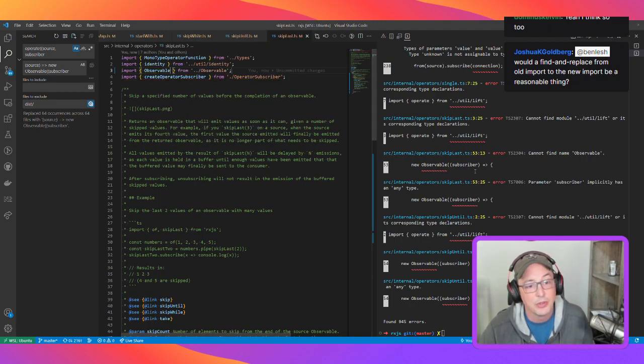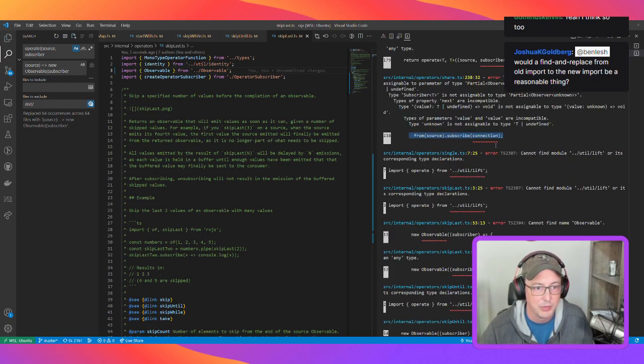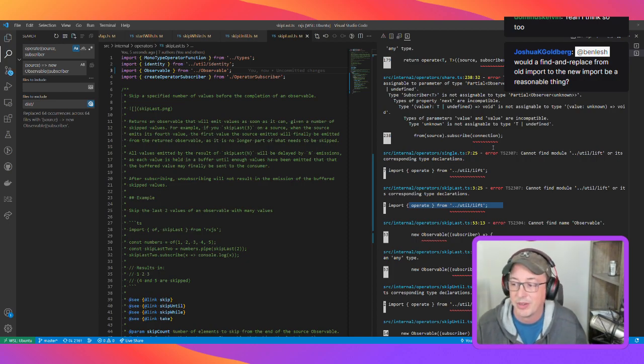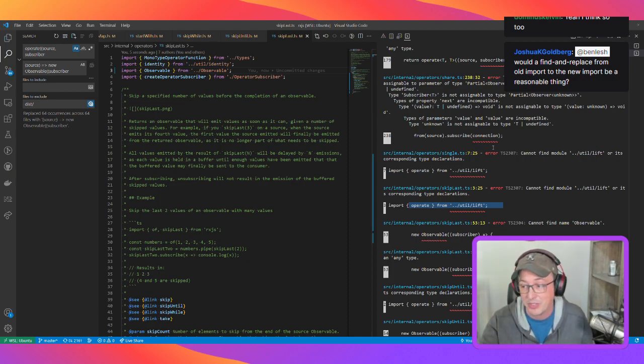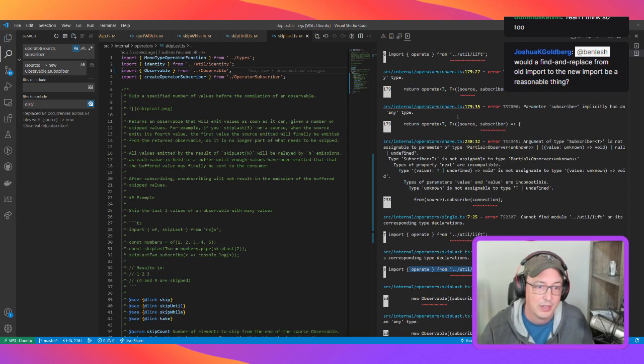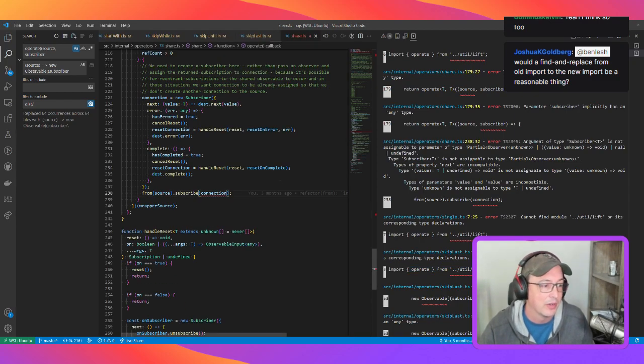And again, I could go through and, like I said, I'm just going to replace all of these with observable imports, but then you end up with almost as many errors the opposite direction, where it's imported observable twice in some files. All right, here, this is going to be one that's going to be a little weird. And I know it's going to be weird